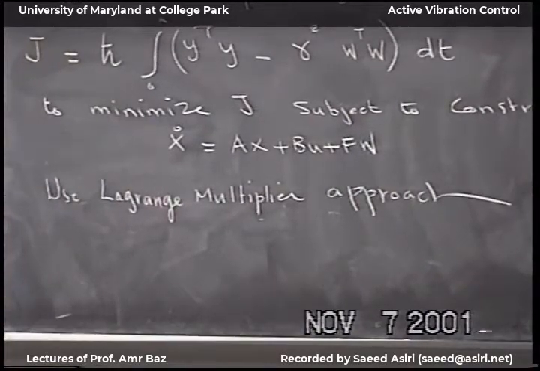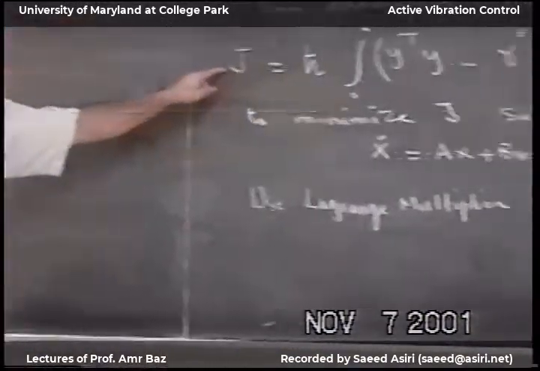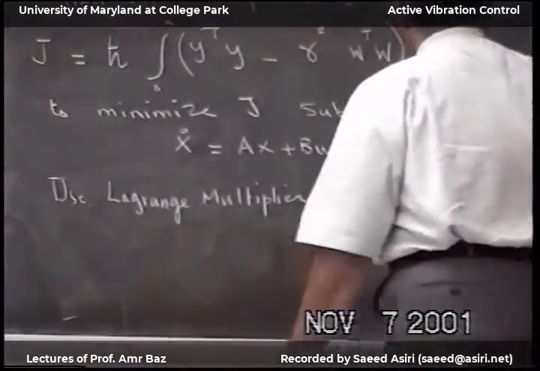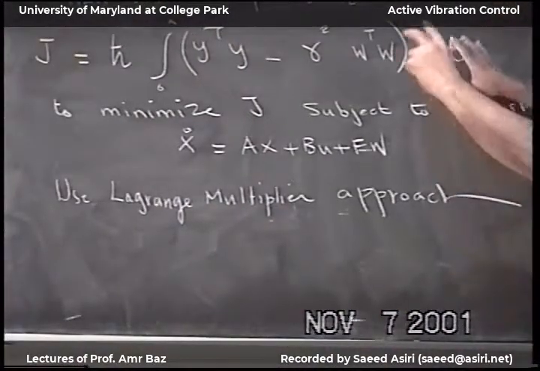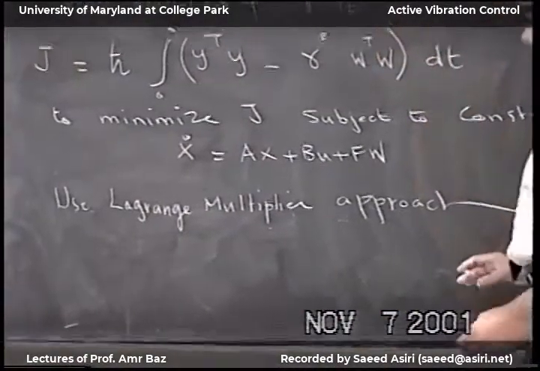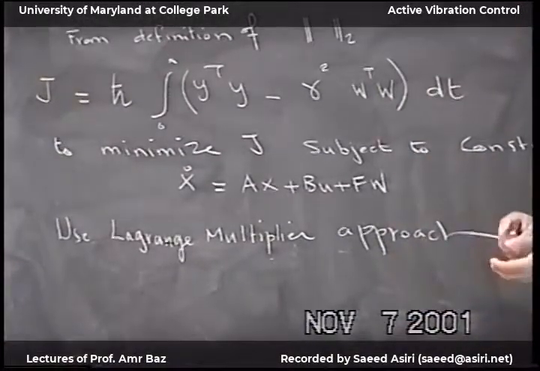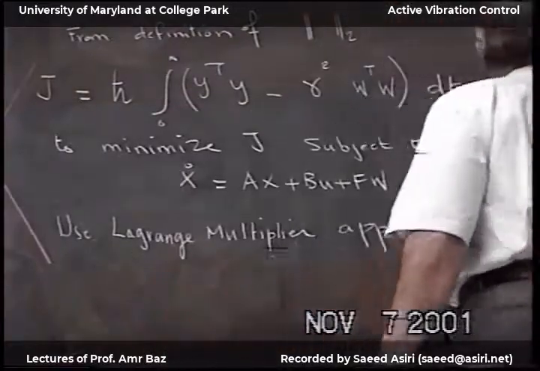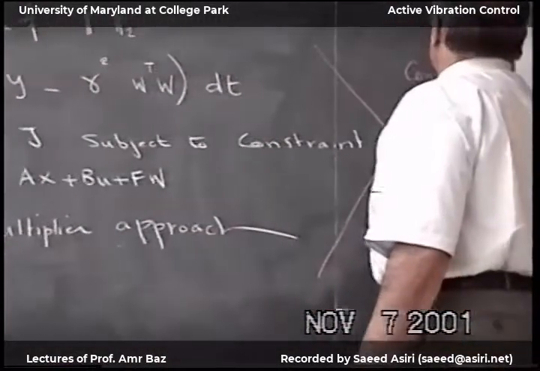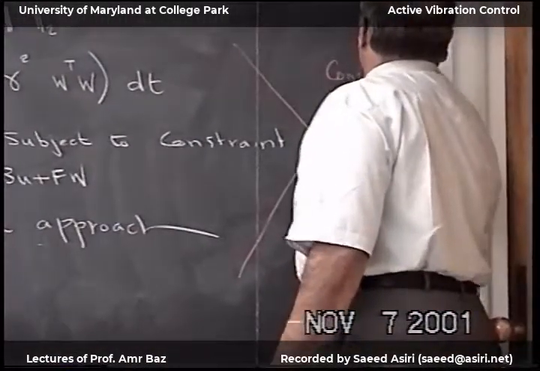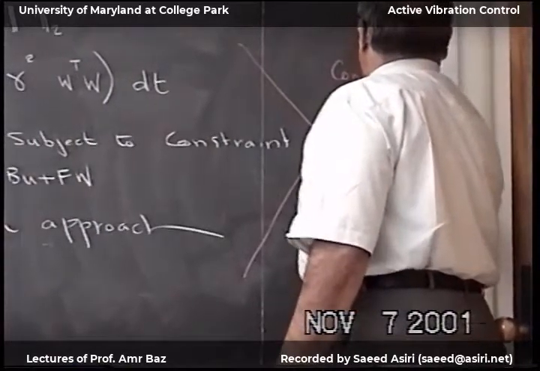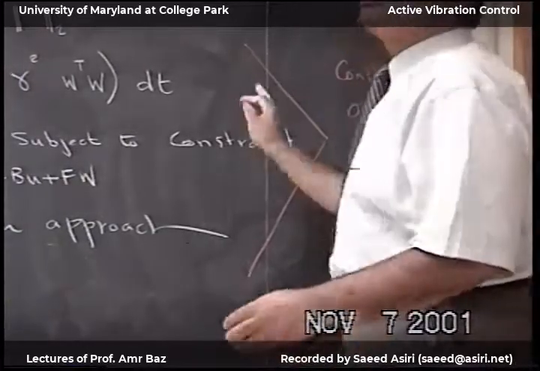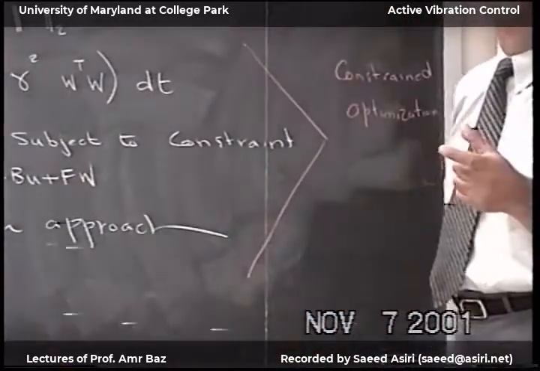Now we have this objective function subject to the constraint. Now I'll augment these and form a new objective function, and I can solve it as an unconstrained optimization. So this problem now is a constrained optimization. Constrained optimization, we don't know the solution of it